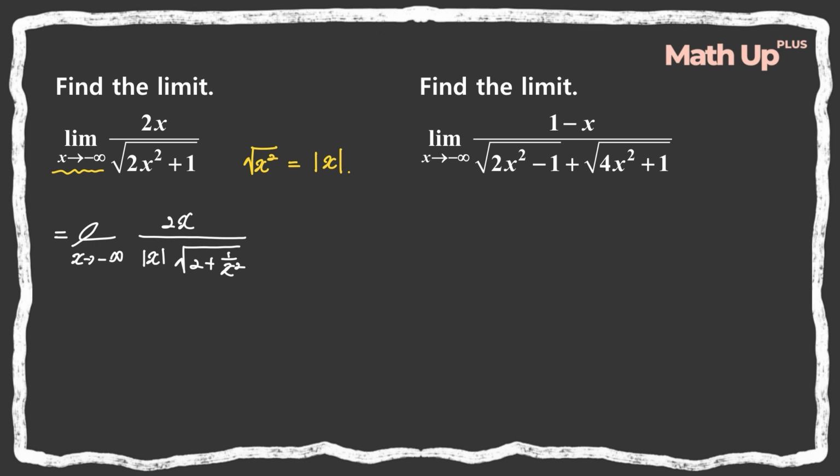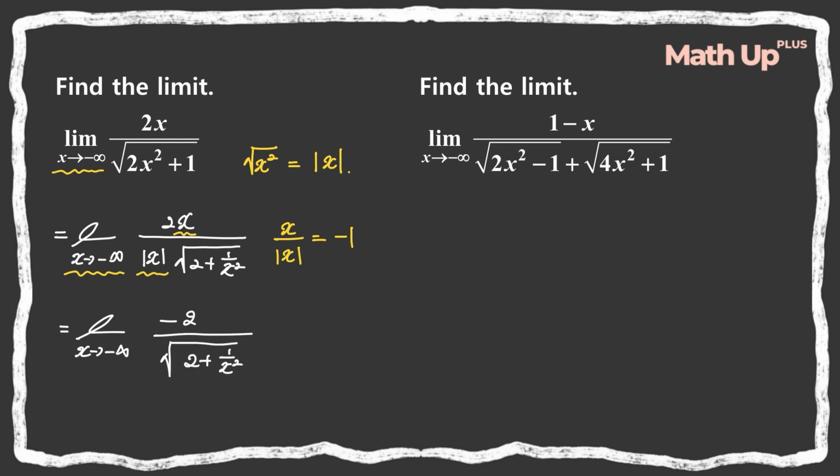right? Now, what's x over the absolute value of x? X over the absolute value of x as x approaches negative infinity. This is always positive and this is always negative, right? Same number with one positive and one negative. Then that is equal to -1, right? So this is -1. So we have the limit as x approaches negative infinity of -2 over the square root of 2 plus